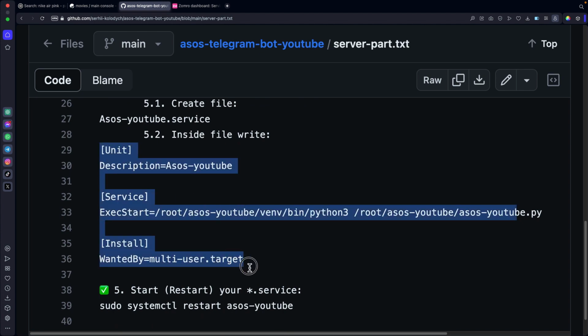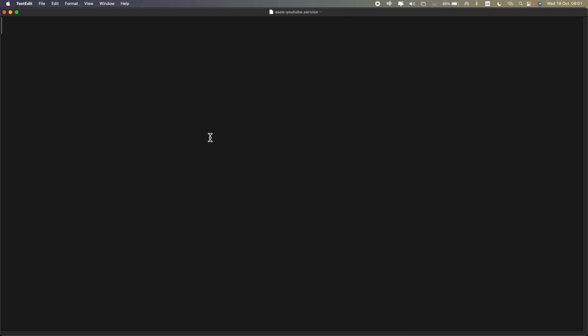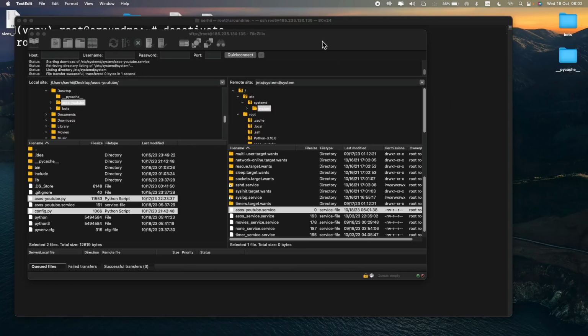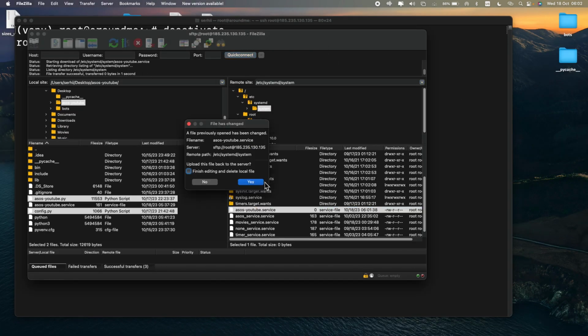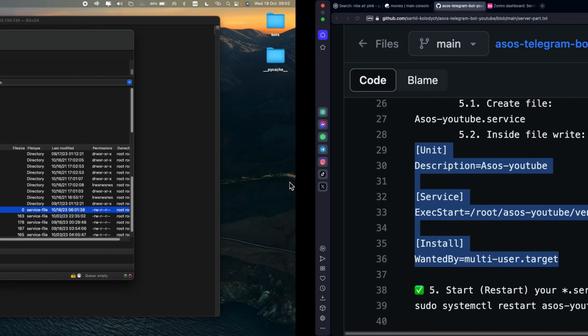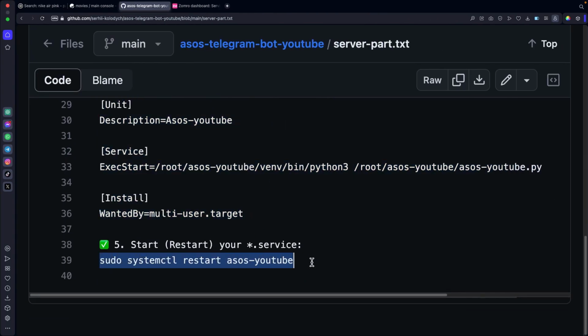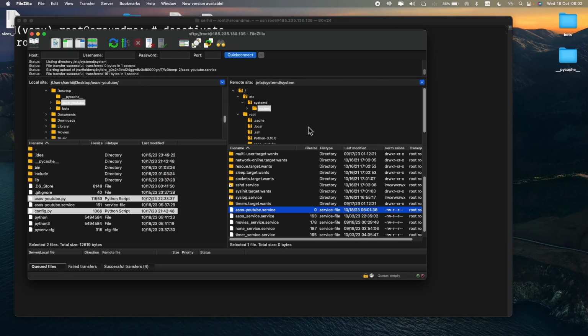Copying and pasting the text, closing the file. FileZilla offers us to upload this edited file to the server. We press yes.